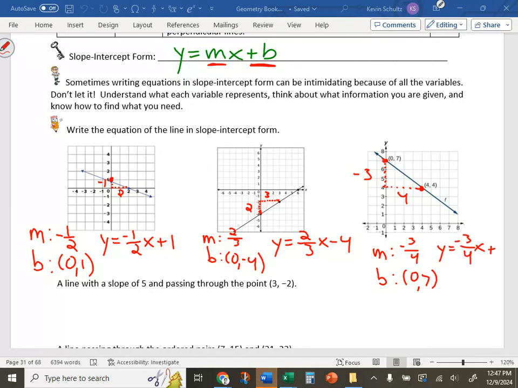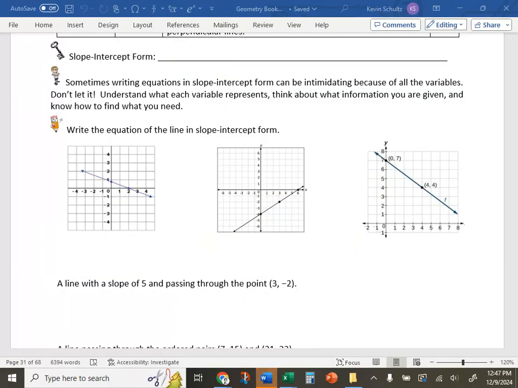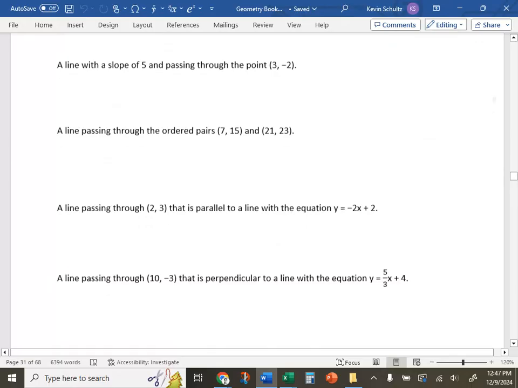Y equals -3/4 x plus 7. Okay? So far so good? Okay. So the next section here involves giving you not quite enough information, but enough information for you to